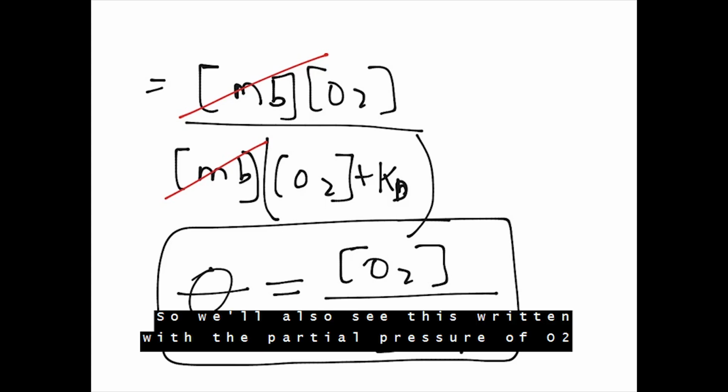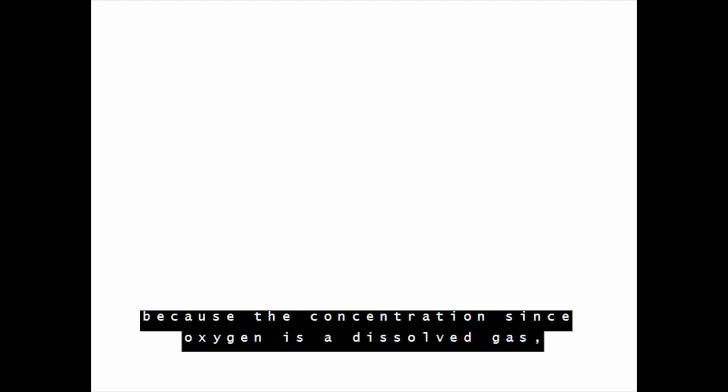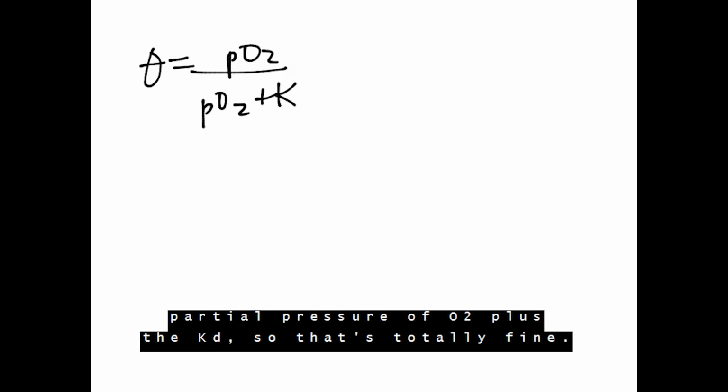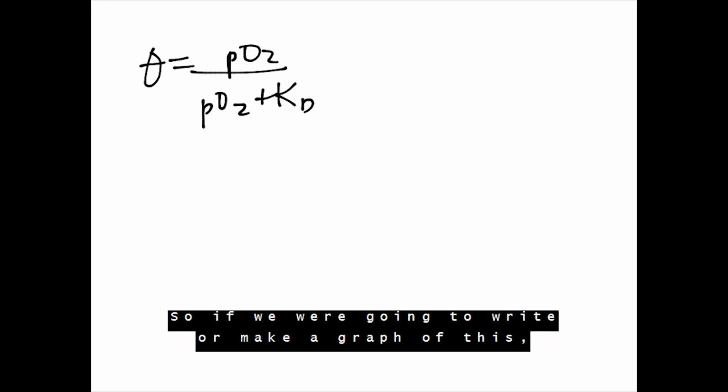We'll also see this written with the partial pressure of O2, since oxygen is a dissolved gas. So we'll also see this as theta equals the partial pressure of O2 divided by the partial pressure of O2 plus the KD. So that's totally fine. If we were going to make a graph of this,